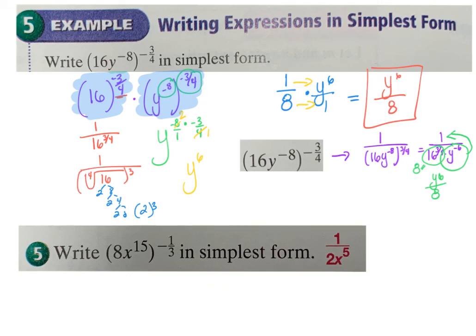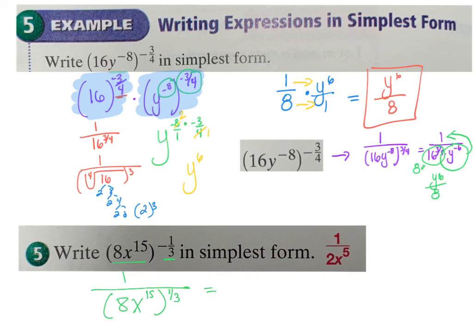So let's do this one together. So for this one, the whole thing is to a negative 1/3. On the inside, my 8 is to a positive 1, and my x is to a positive 15. So you can do them individually, or since they're both to a positive exponent, you can shift the whole thing to the denominator. Either way is fine. All right. So if I shift the whole thing, I would say 1 over 8x to the 15th raised to the 1/3. I can do it that way,